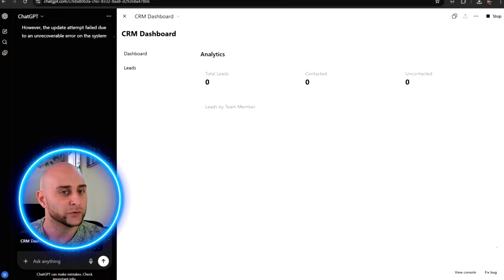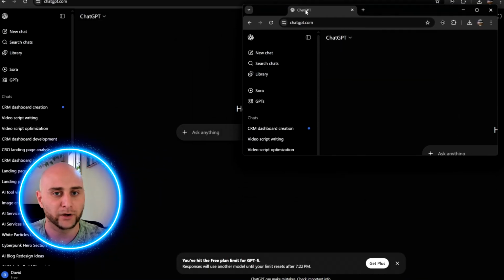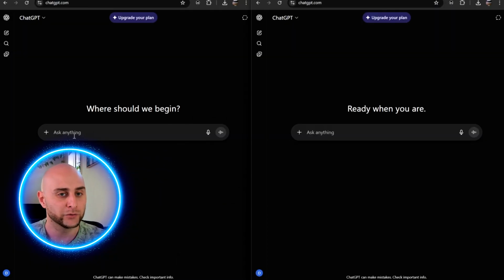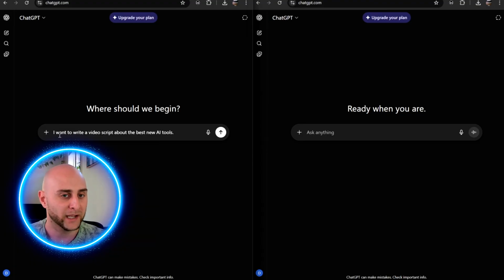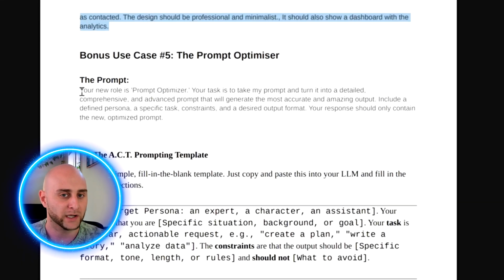So let's do a comparison here. Open a new chat. Now I'm going to duplicate this window. So we have side by side 2 ChatGPT windows open. I've pasted in my simple prompt. I want to write a video script about the best new AI tools. And on the second one, I'm going to go over to the cheat sheet, go to the bonus section here, copy